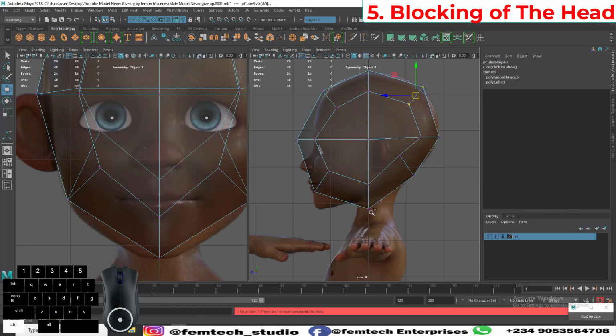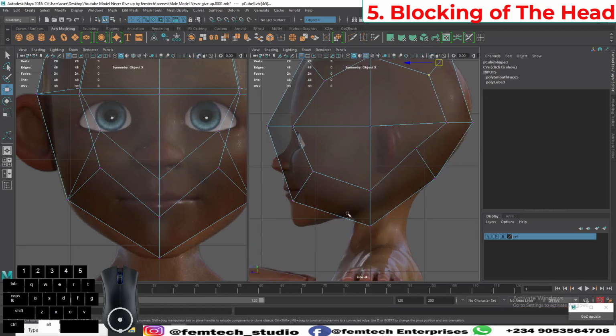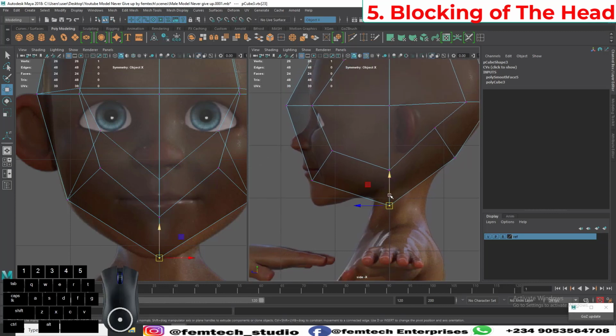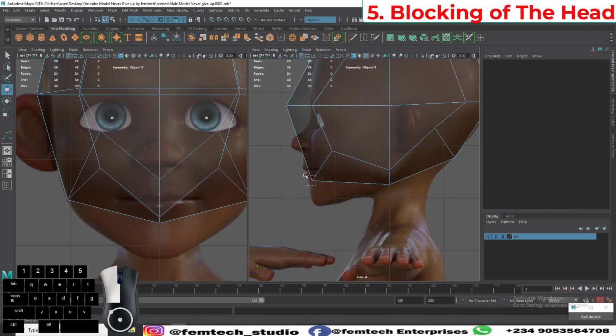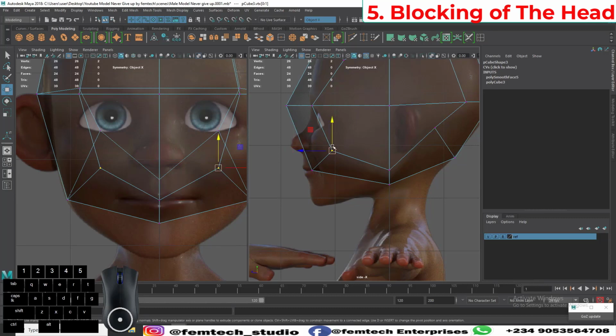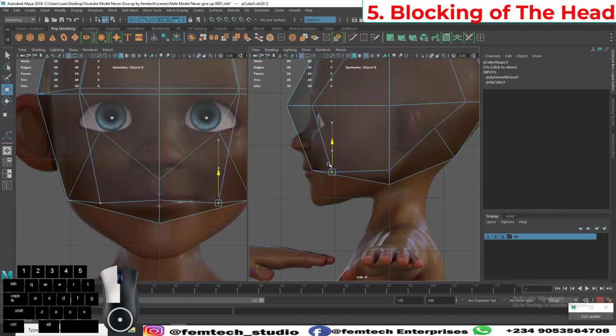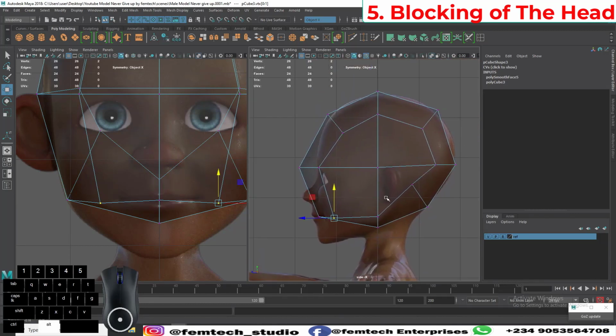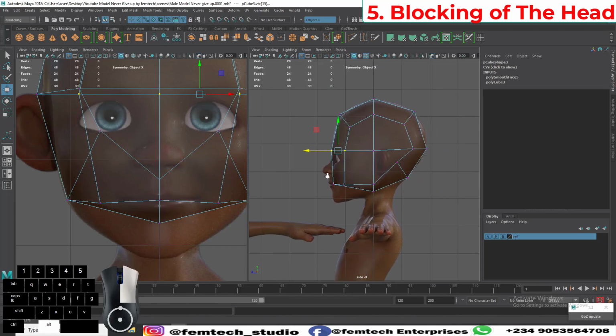Okay, so like I said initially, this will go up somewhere here. This one, the front one here, comes somewhere here to probably the center of the lip. This serves as the side of the lip. Okay, but we're not taking things so seriously for now. So this, we go back. Do not worry about the nose for now. Okay,